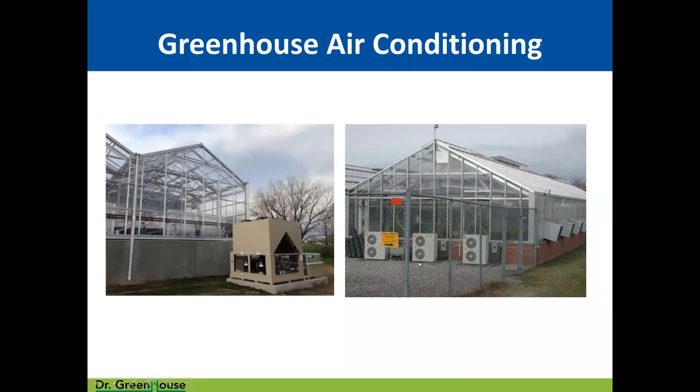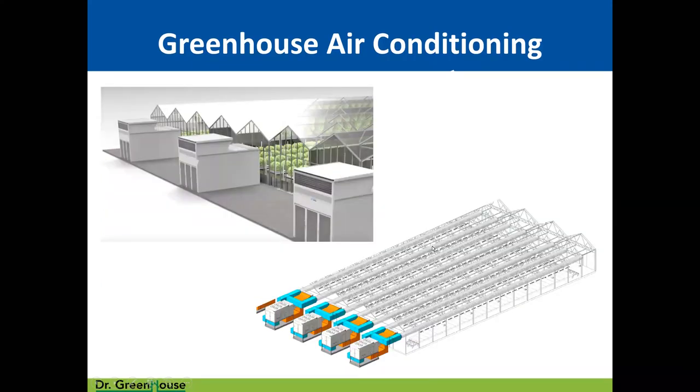These are smaller greenhouses, so we have smaller systems. This is a very large greenhouse, so we have these large package units with all this ducting delivering positive pressure air to the greenhouse. The reason it's energy intensive is because essentially we are air conditioning the sun. If we are using these systems for dehumidification on a hot, humid, sunny day, not only are we trying to remove moisture, but we are also trying to remove the solar heat gain that is coming into the greenhouse to light up our plants.